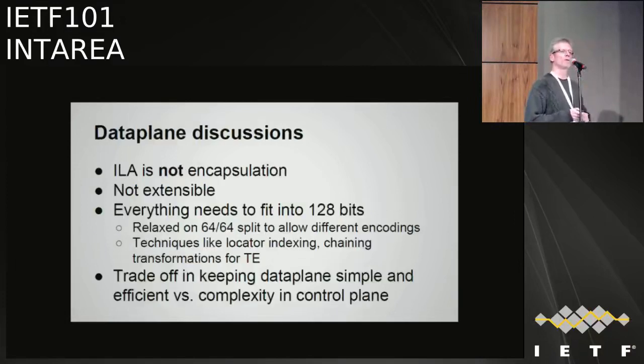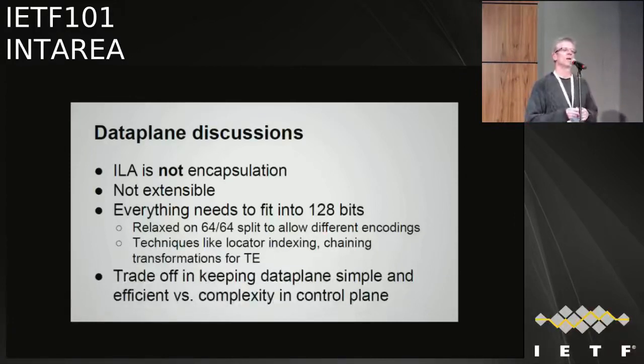So, a little bit of an update on the data plane discussions. ILA is explicitly not an encapsulation. That means there are no bits added to do transformations. So we have no extensibility, no way to encode everything. In that sense, it's kind of the opposite of generic UDP encapsulation. What that means is everything needs to fit into basically the destination address. The idea of ILA is that we transform addresses in order to get them to their destination. And before the receiver actually gets the packet, we always transform back to the original address. So it's kind of like a paired